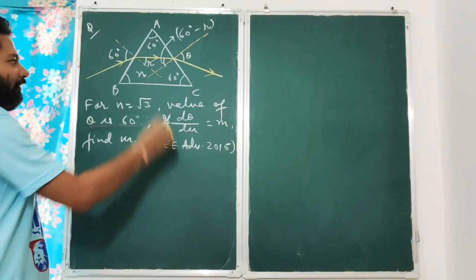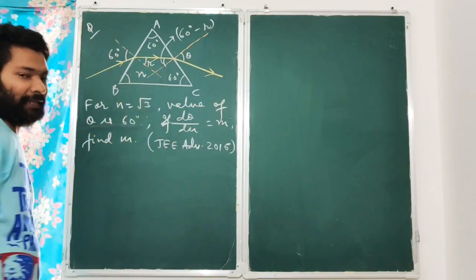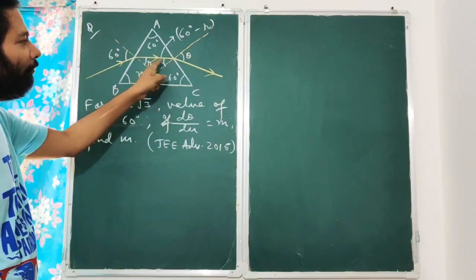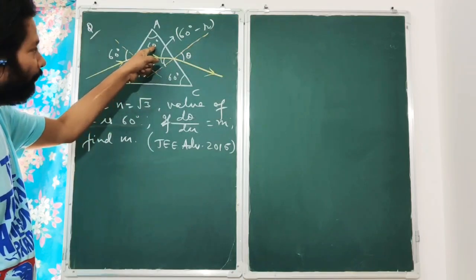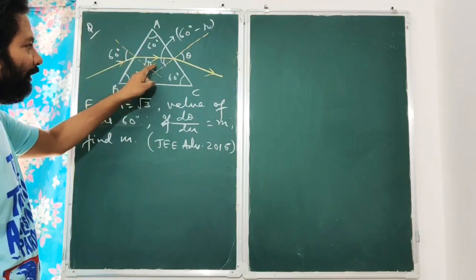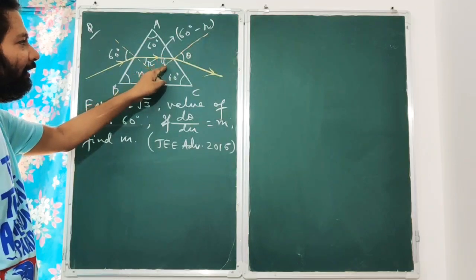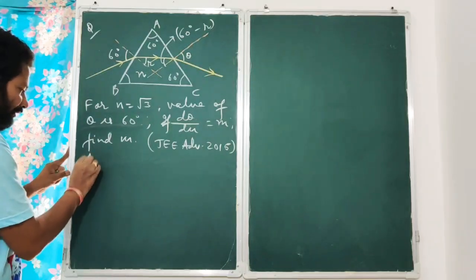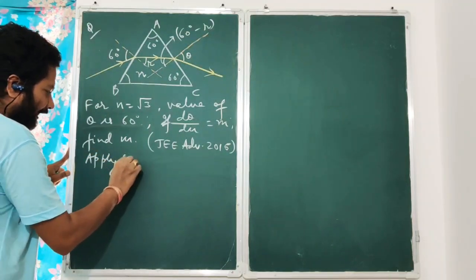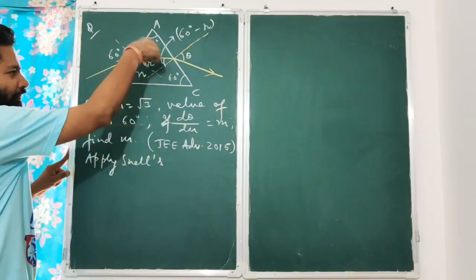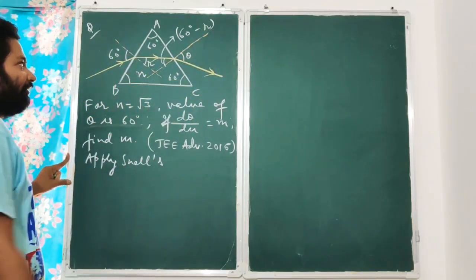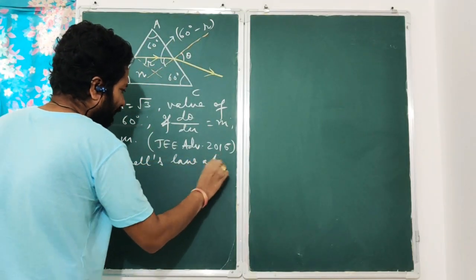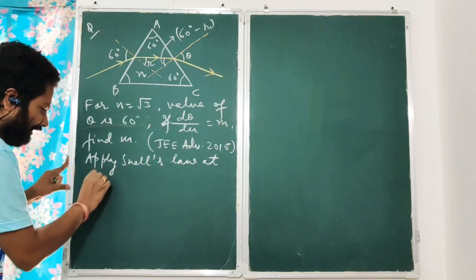Now let us say at the first surface the angle of refraction is r, and at the second surface it is something else. So r plus that should be equal to the angle of the prism, and it is an equilateral prism, so A is equal to 60 degrees. So what will be that other angle? It will become 60 minus r. Now we will make use of Snell's law. We will apply Snell's law at both the surfaces of refraction. Here refraction is taking place at surface AB as well as AC. So apply Snell's law at surface AB.